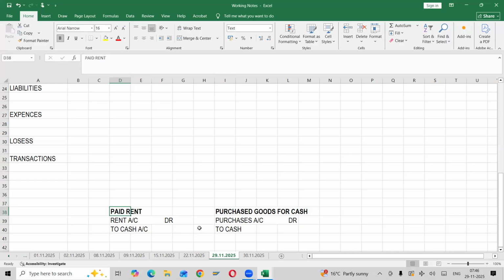So when I said purchases account debited to cash, somebody said it's purchased goods for cash. When I said rent account debited to cash, they said paid rent. It means the person who understands this language, who understood the rules and regulations, will understand this particular language. If you take science, it is also a language. Science is nothing but a systematized body of language. Clear? So what do you mean by science? In simple terms, science is nothing but a systematized body of language.